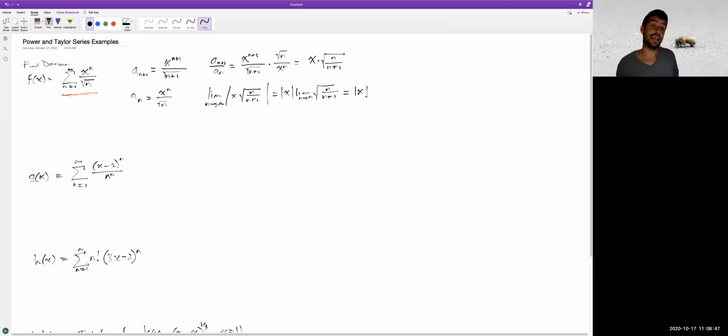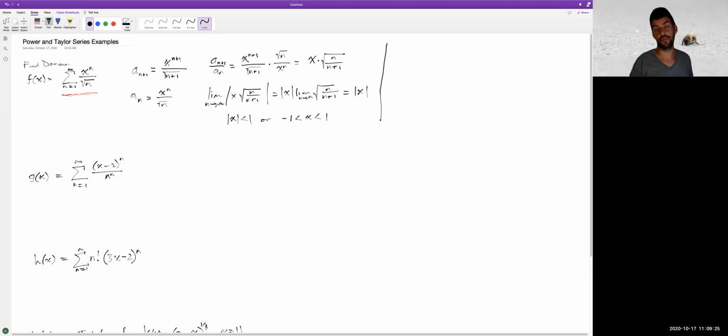So when does the ratio test tell us that a series converges? It tells us it converges if the limit of this configuration is less than 1. In other words, this converges when the absolute value of x is less than 1, or x is between -1 and 1. However, at the endpoints, the test is inconclusive, so we don't know yet what happens at the endpoints, but we can test the endpoints